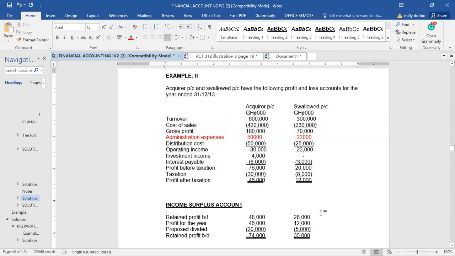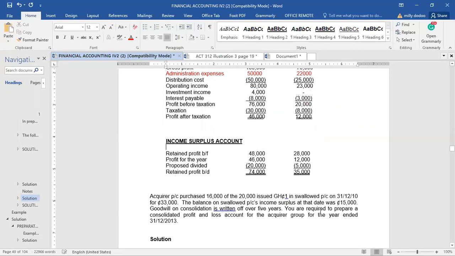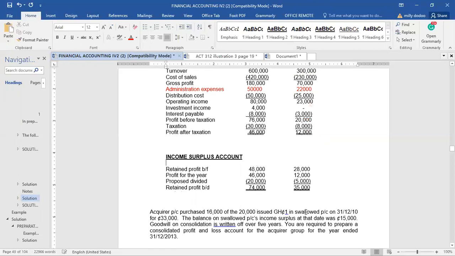Now, I want you to study the question very carefully. But my question to you now is that this particular aspect, this particular side of the question,